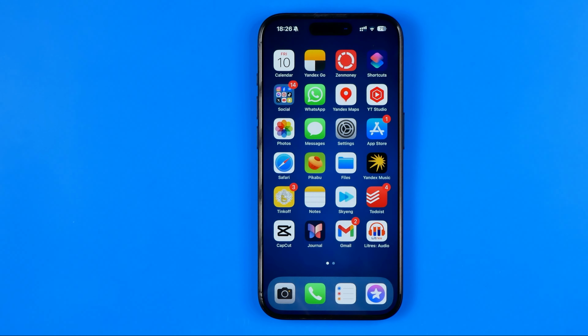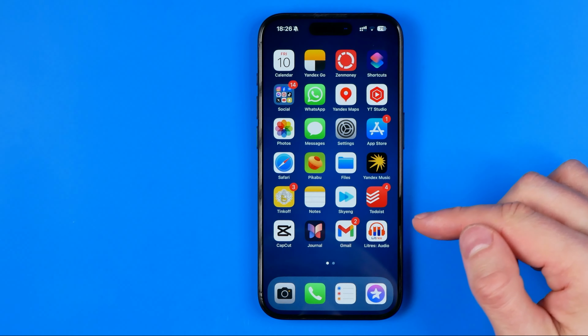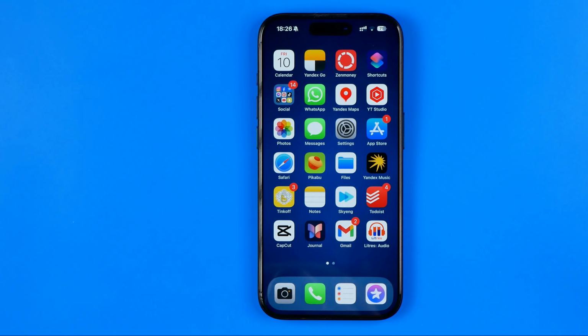In this video, I'm going to show you how you can easily hide apps on an iPhone. Be sure to watch the video to the very end so you don't make any mistakes. Let's get started, guys, and if you wanna just hide any app from your home screen, all you have to